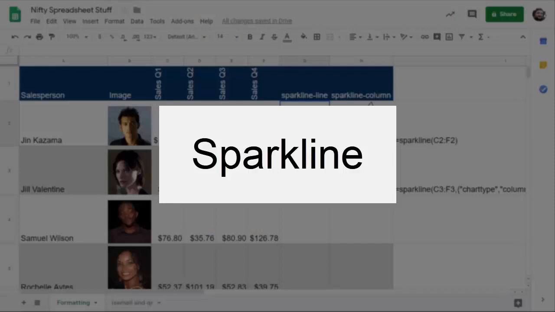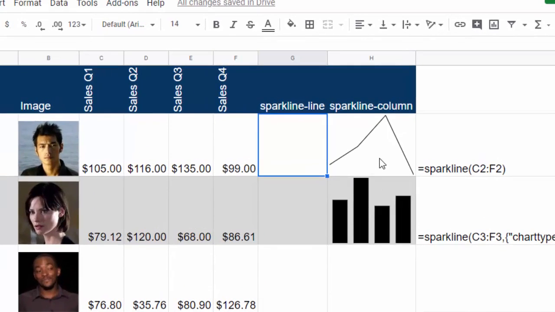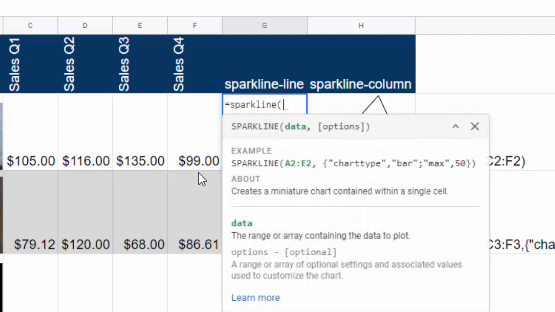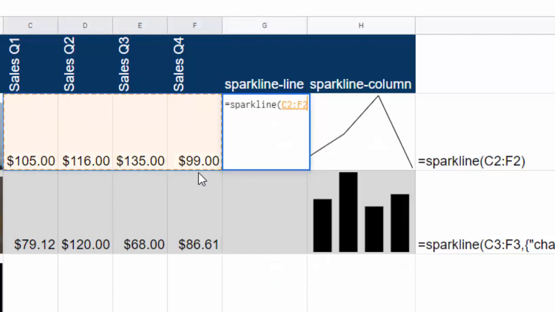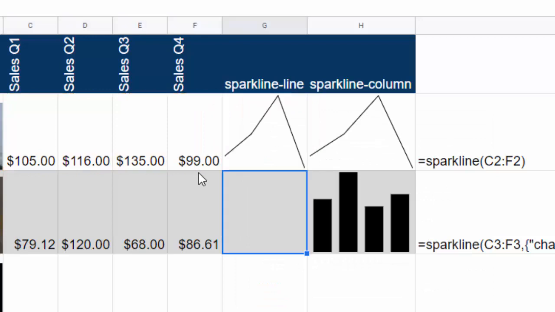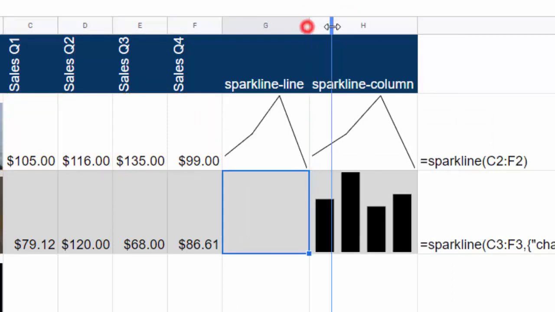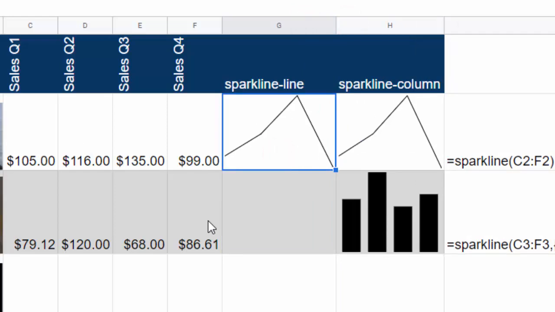Sparkline is the first one we want to look at, and basically what it does is a small graph that shows in the body of a cell, but they're very simplistic without any kind of labels and things like that. To get a sparkline, you simply type equals sparkline and then the cell reference for the data that you want. That's the simplest way of doing it. Equals sparkline and then put in a reference for the cells, either typing it or selecting it. Done. It will adjust based on the size of the cell, and it can be moved around like a regular